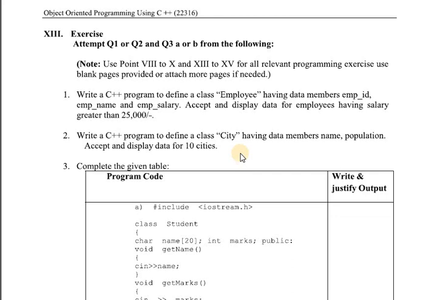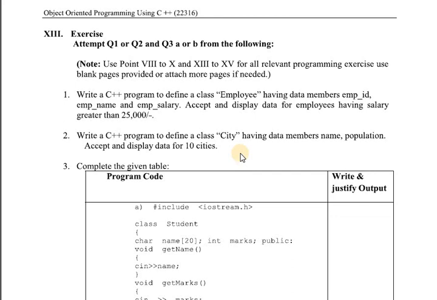In that main function, we are going to create the array of object of class employee. So employee E and size is 5. Means what? We are going to take details of the 5 employees. Then by using the for loop, that is the integer I equal to 0, I less than 5, I plus plus, and that we are going to call the function, that is the E of I dot get data. After that, we will take the input for the 5 employees.